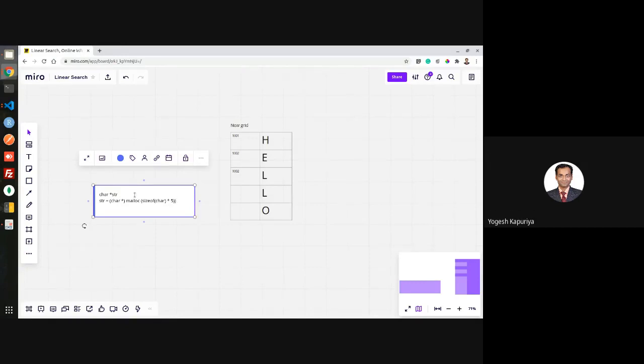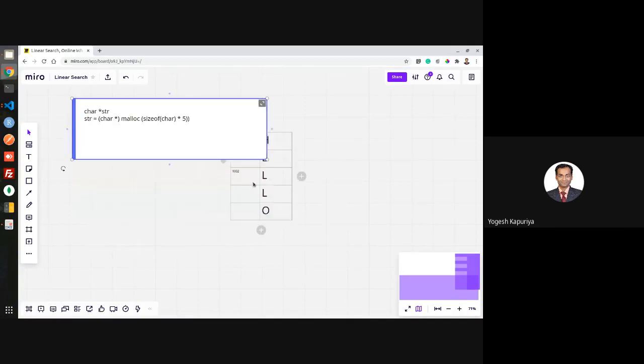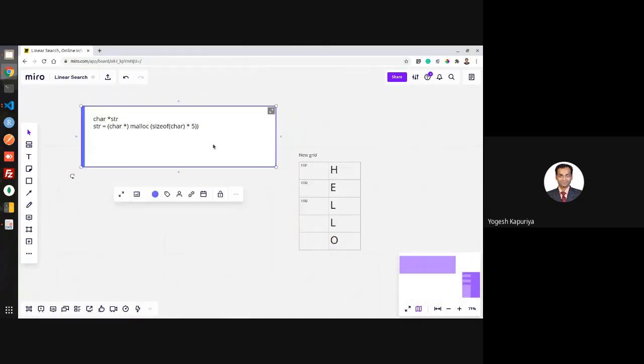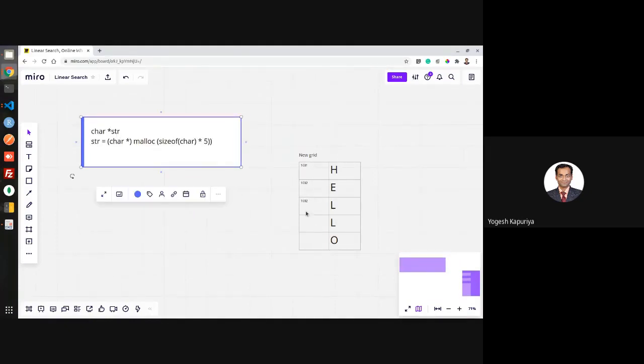Once you write this, it indicates that you have created a string and that string is actually referenced by str.